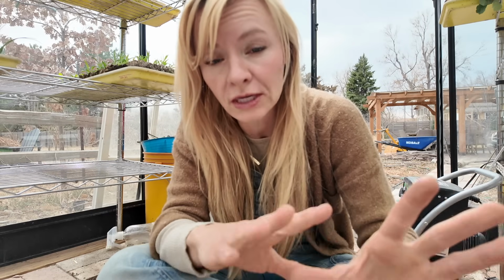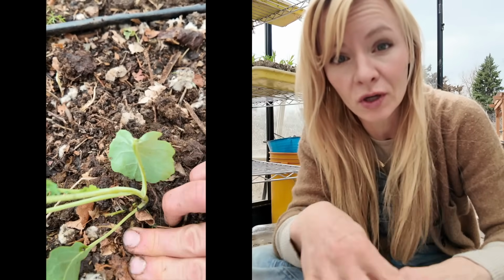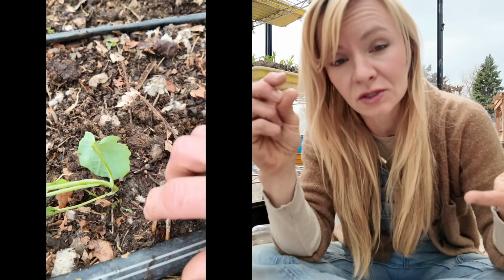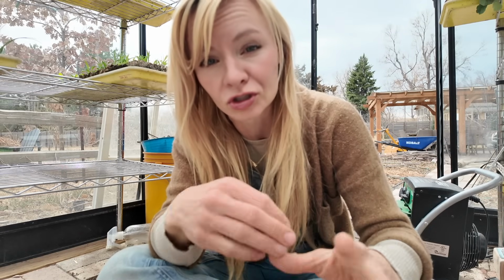But if you don't, I would take the temperature of your soil. So what you want to do is take a thermometer and pop it into the soil to the depth that you're going to be planting your seedling to. That depends on the size of the seedling, right? A smaller soil block is going to sit closer to the surface where the soil temperatures will be a little bit warmer, but deeper down into the soil, the temperatures will probably be a little bit cooler. So measure to where the depth of your seedling is going to be, and then take a look at the